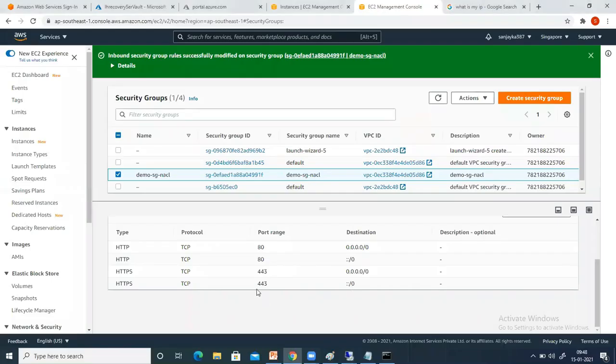If you remove it, it will not be allowed. As I told you earlier, in a security group you only have the option to allow. If you allow something, only that port is allowed. Apart from that, everything is denied. So this is how it works.